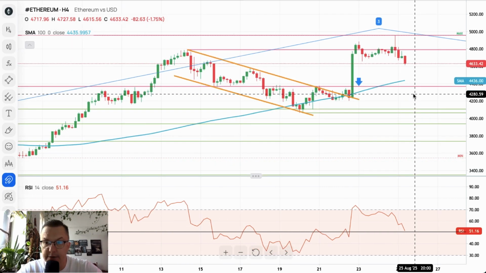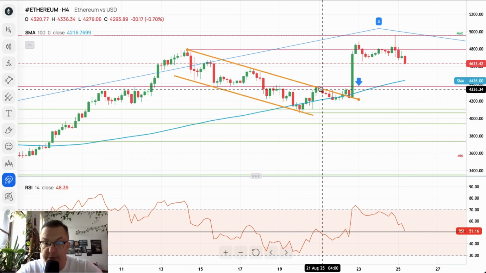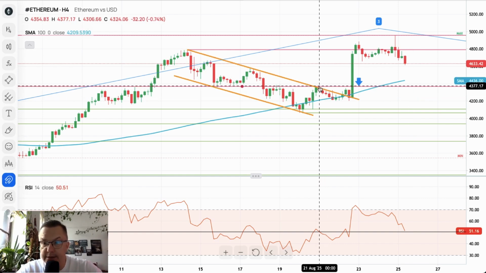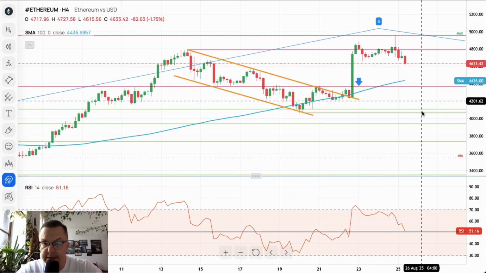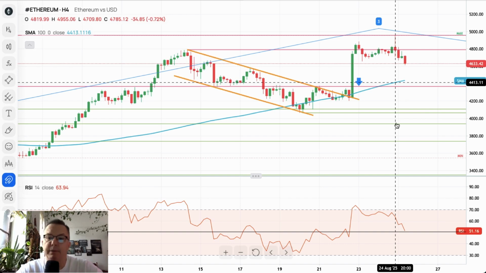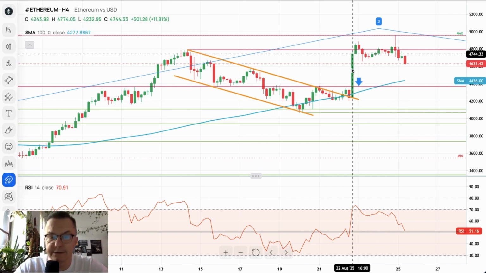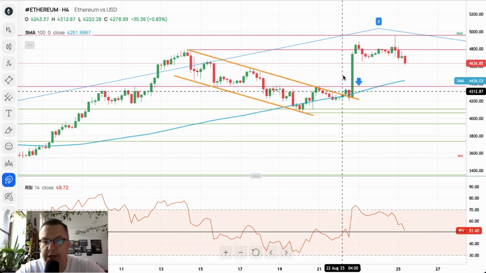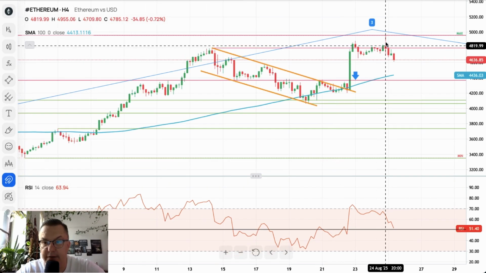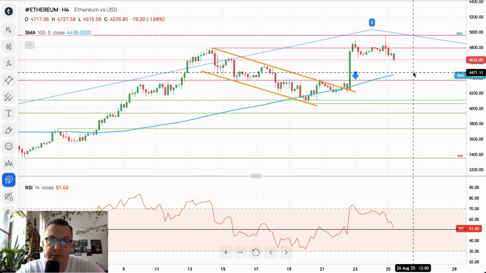So even the Ethereum is weakening. Now the question is whether we are going to break above and test the 4,377, and the market will continue higher, or there is a breakout back down, because this looks like the ricochet from the weakening of the US dollar. It's not like a sustained movement, especially after this kind of a candlestick was printed here. So let's just wait for the next few days to see what will happen.